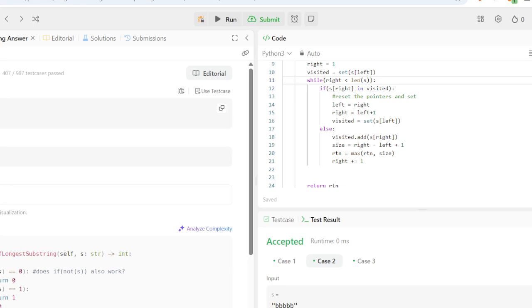So I think maybe I just approached this problem wrong. I was thinking about this. Okay, so if R hits a duplicate, what do we need to do?